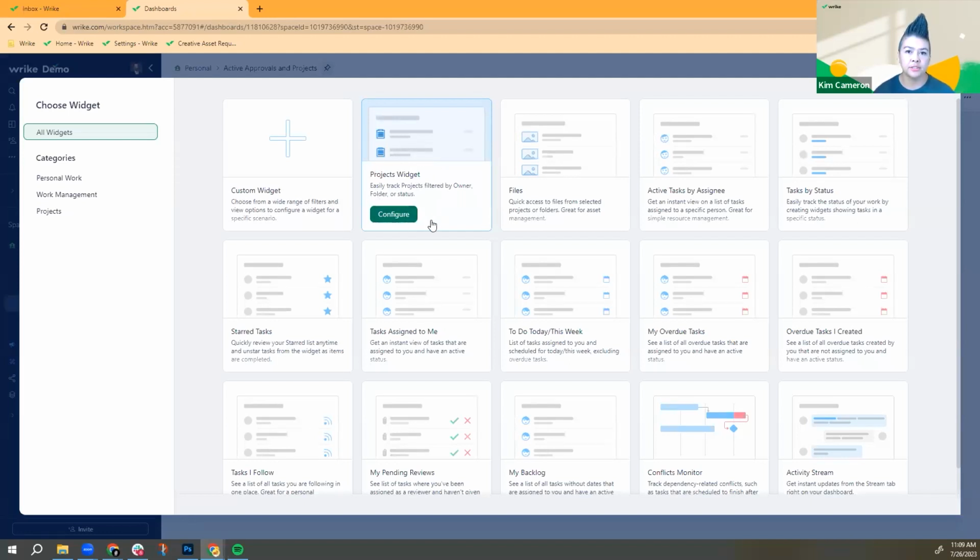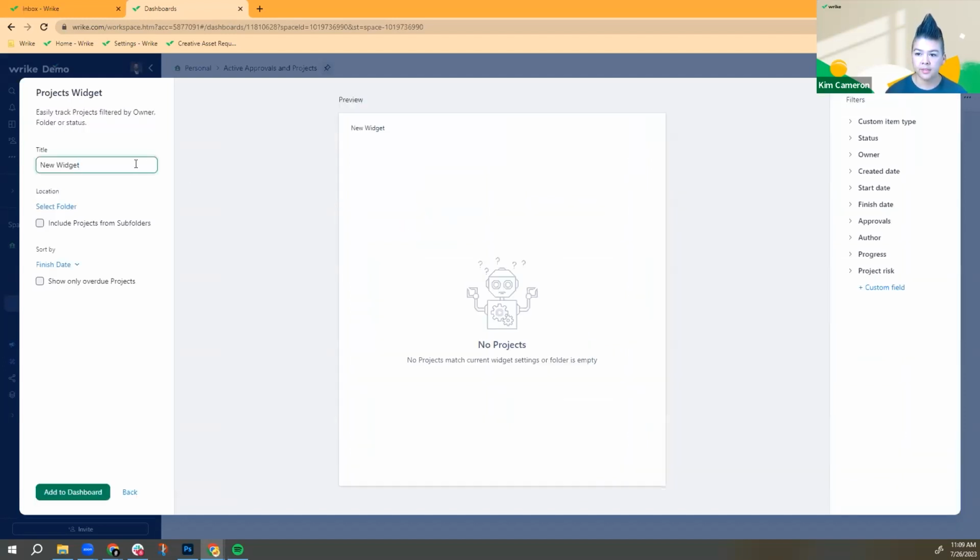It's important when building your dashboard that you understand where your data is. Is it at the project level or is it at the task level? Depending on what's going on there, you're going to want to choose the appropriate widget to go along with that. So let's explore the project widget first. Here, we'll do something simple, give it an easy name. All active